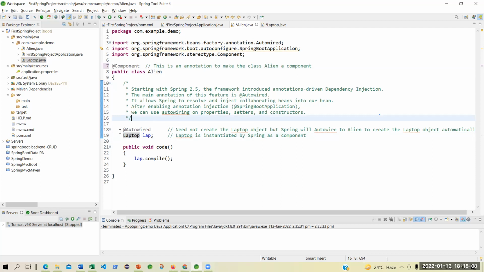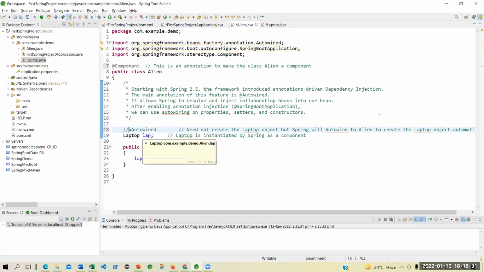If I had not given this command, first of all, I am doing a Laptop lab because I'm not creating this object, I'm just using this.